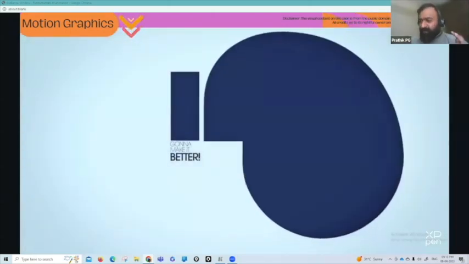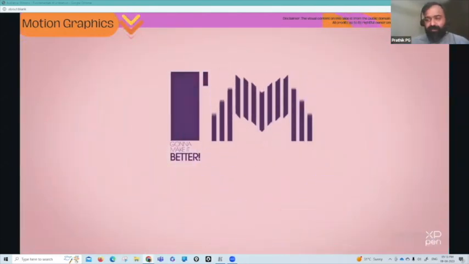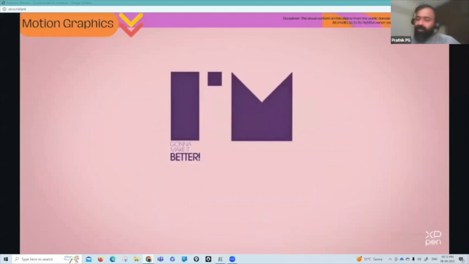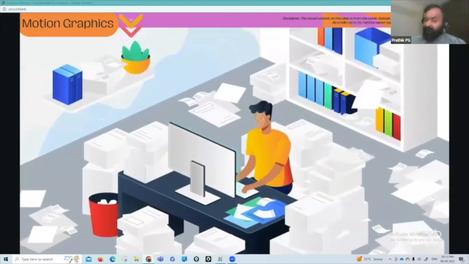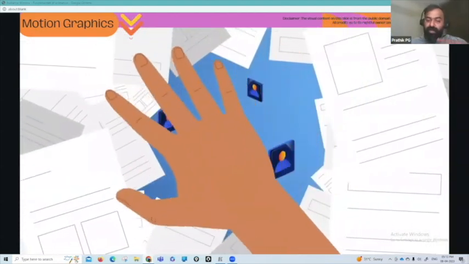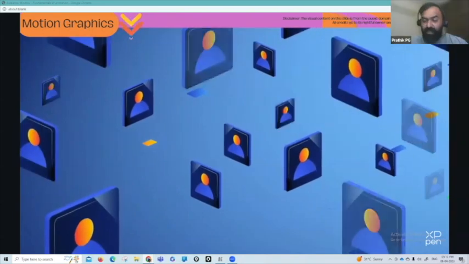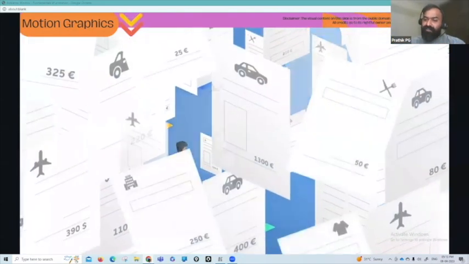It might be basic 3D shapes, you move it around. So there are a lot of software that support motion graphics nowadays. This is a little bit different from what we were seeing earlier. The point is that it's highly used in explainer videos and corporate videos nowadays, where they want to convey a message. If there is a story coming in, or if there is something that you want to,